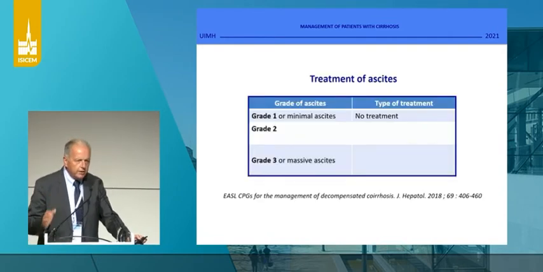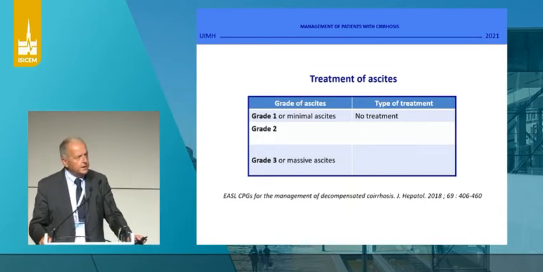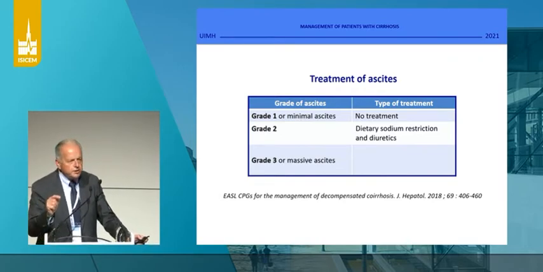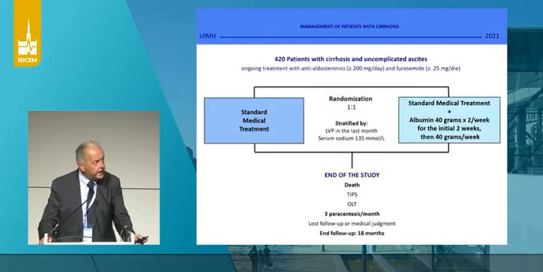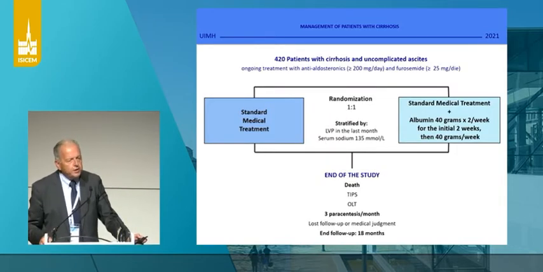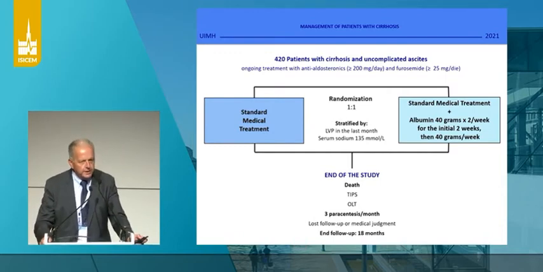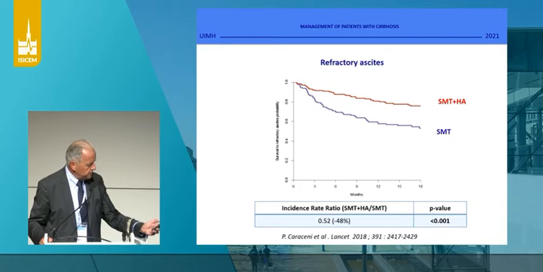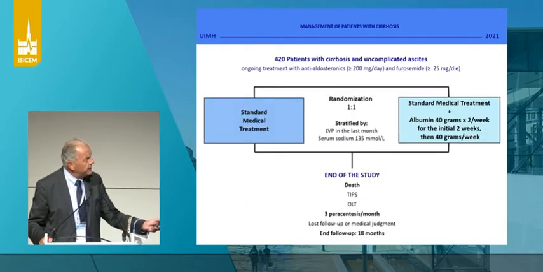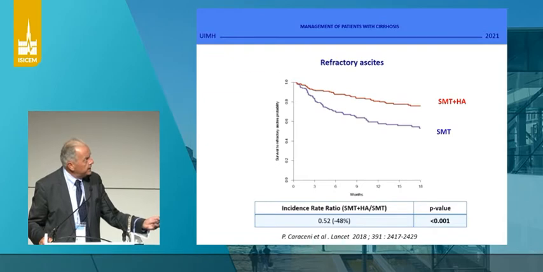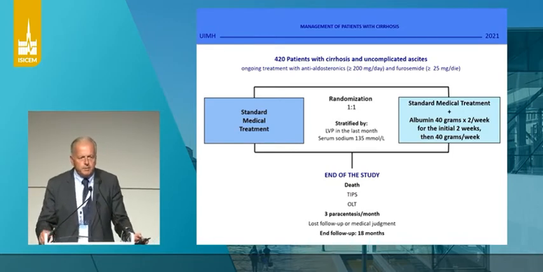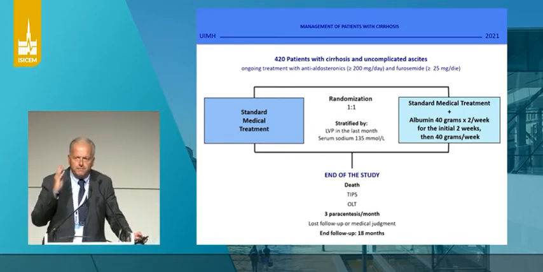So the standard of care for responsive ascites is moderate sodium restriction and diuretics. The question is, can we do something better? Yes, we can. We can give albumin. This is a result of the ANSA study we performed some years ago in Italy. It is a multi-center controlled clinical study comparing the standard medical treatment versus the standard medical treatment plus the long-term use of albumin, 40 grams of albumin per